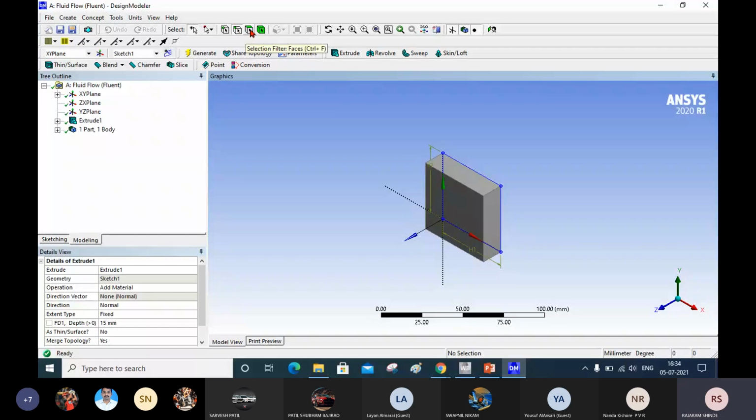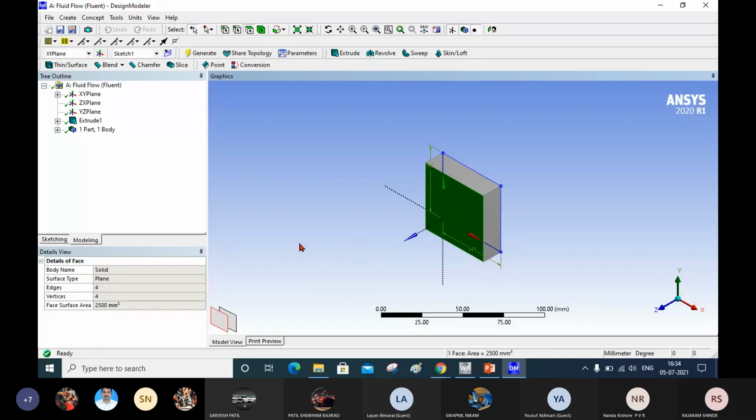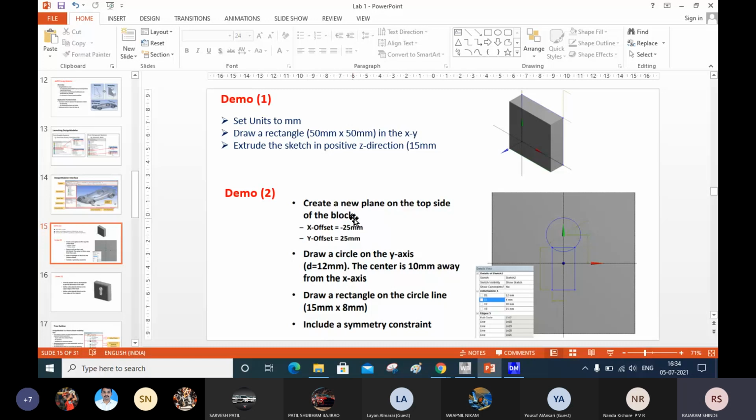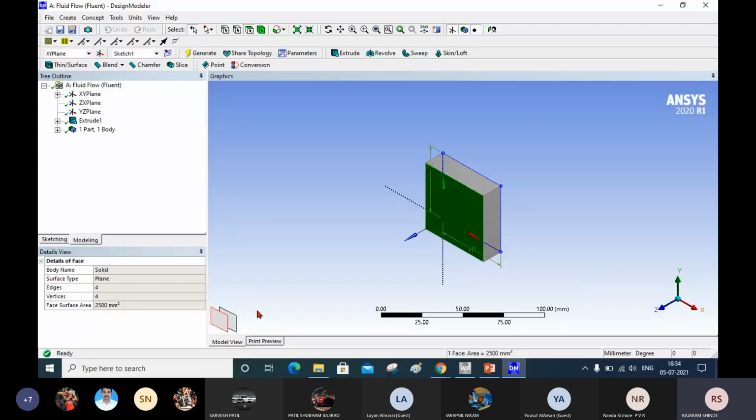Now this is the face selection. We need to select the face. Now this is the top face. Okay. Now you can see here where it is. Create the new plane on top side. Okay, I'm going to select this as a top side. Now I'm going to create the new plane.